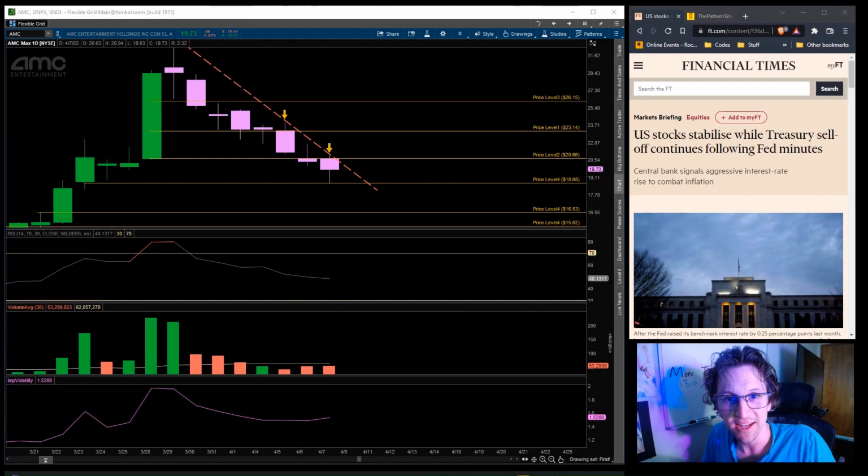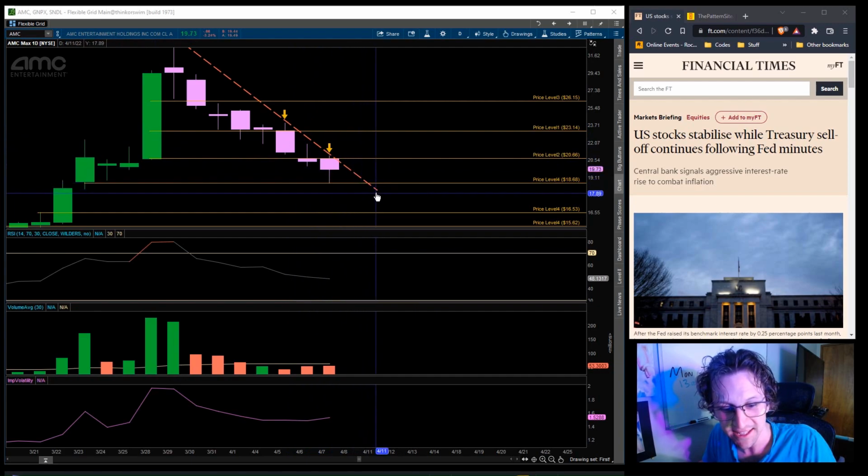I want to start today on the 1-day chart. As you can see, I have the recent run up shown here, and then a downtrend extending from the peak of that run, and this trend line. And this is a Bulkowski trend line, and I say that because it's drawn per Bulkowski's instructions.